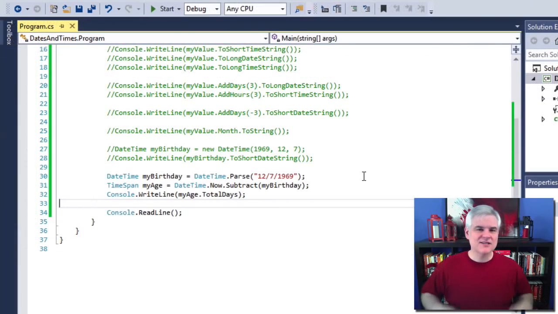All right, so there's a lot that we didn't cover. I mean, you saw that long list of methods and properties available in IntelliSense that we didn't even talk about. But I felt that the ones we did look at were common uses of the DateTime and TimeSpan objects. And I'll give you the same encouragement that I gave you at the end of the previous lesson. If you find yourself writing a lot of code to manipulate dates and times, then you might want to stop, look through MSDN or search online, because chances are the .NET Framework Base Class Library has something for you already